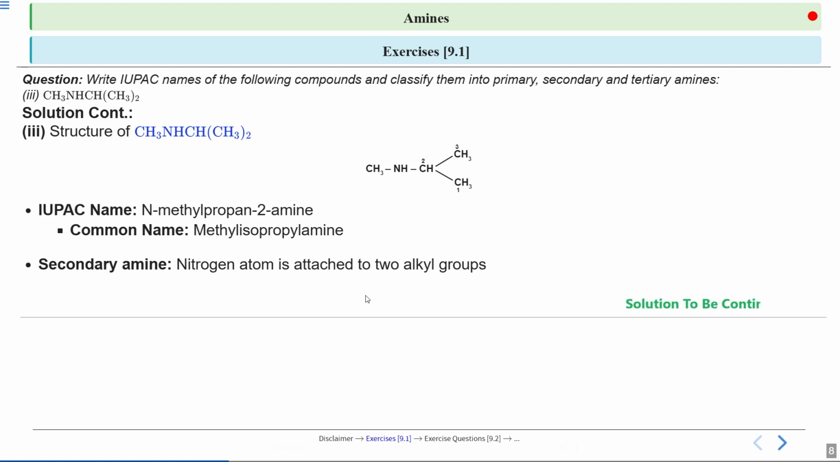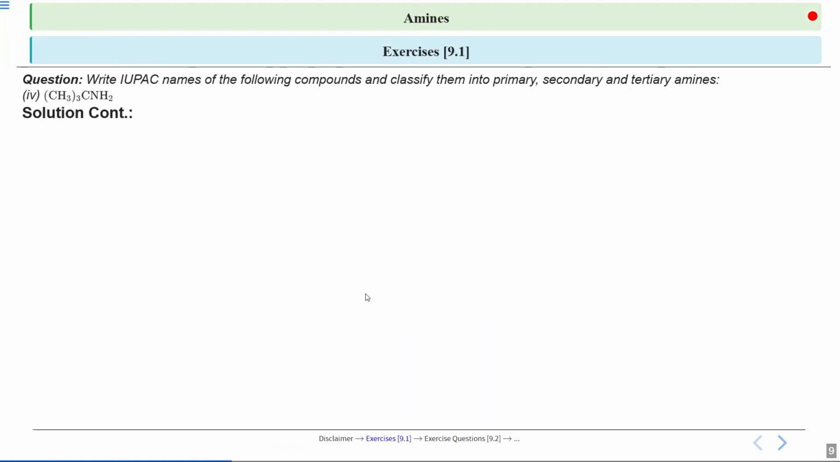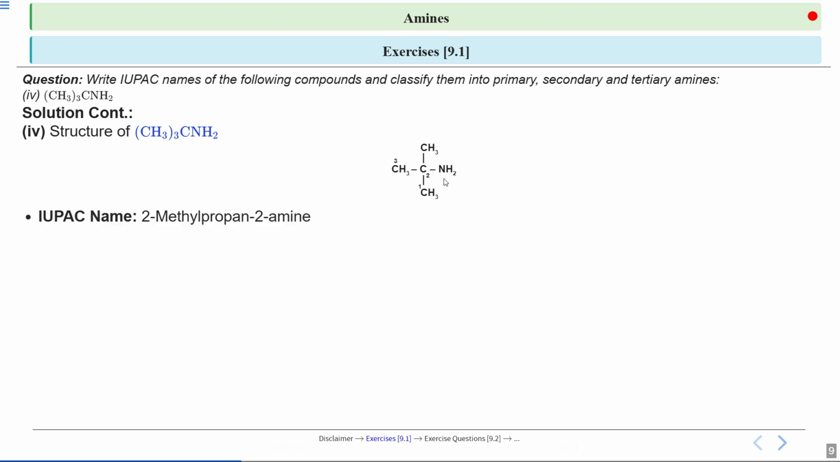Now we will see the next part. Coming towards the fourth part, we will draw the structure. First I have selected my longest carbon chain. So this is my longest carbon chain, and I'll do the numbering 1, 2, 3. Now to the second carbon, a CH3 group is attached, and also to the second carbon, an NH2 group is attached. So can you guess the IUPAC name? It will be